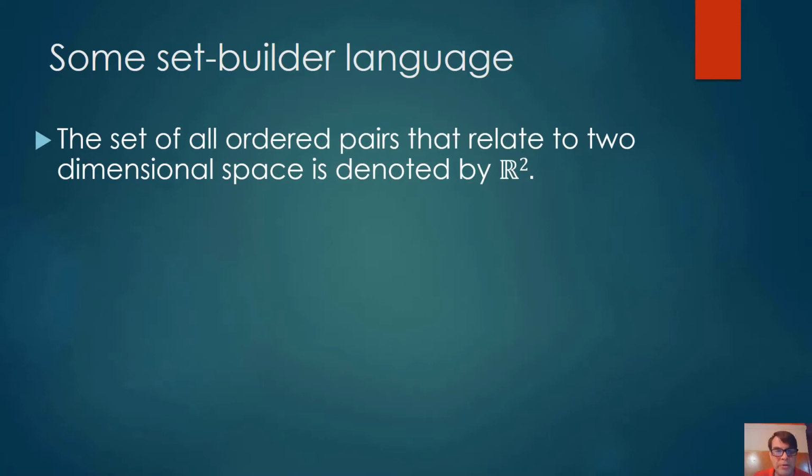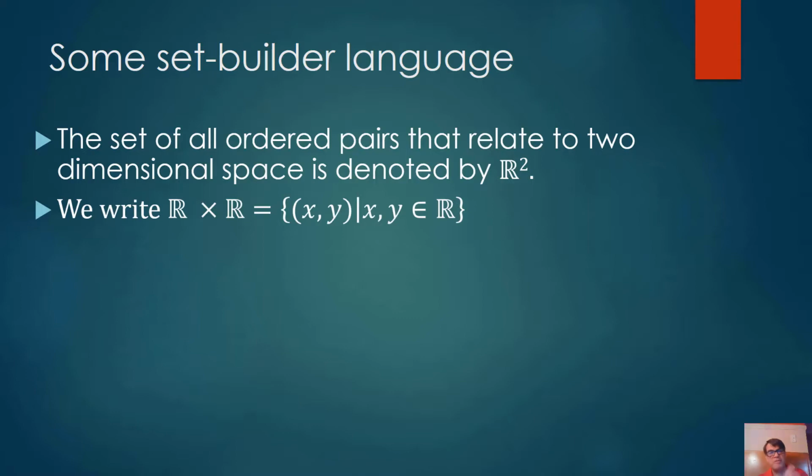Mathematics gone wild with set theory. Basically, when we were doing two-dimensional stuff back in the good old days, before we hit three-dimensional space, this symbol here, R, I think, refers to the set of real numbers. R squared means two-dimensional. R times R means we have, for the x component,